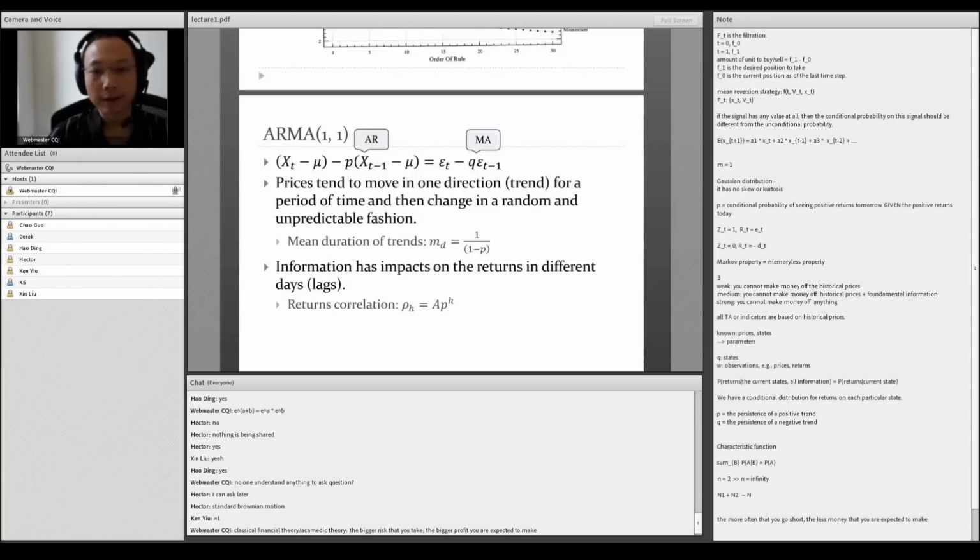But this is a more realistic returns process than AR. So ARMA(1,1) is more realistic than AR(1) because it introduces trend into the price. Okay. Again, with the price process or the return process, we run Monte Carlo simulation on a set of trading